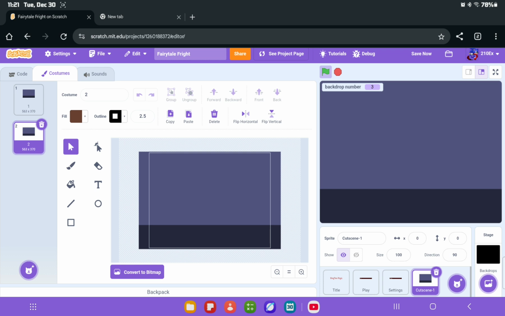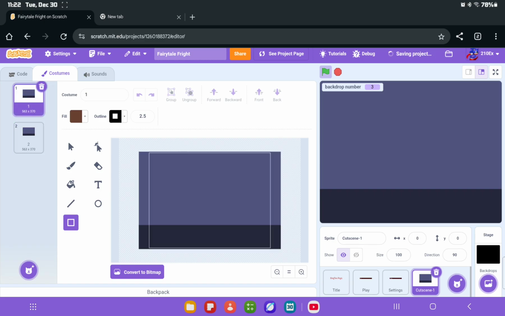Okay, so here's how it's going to start out. This is scene one, and then the second one would be a shoe, like you're stepping into the premises. I'm contemplating whether I should put in an actual design of a shoe, or